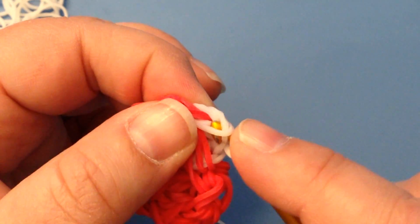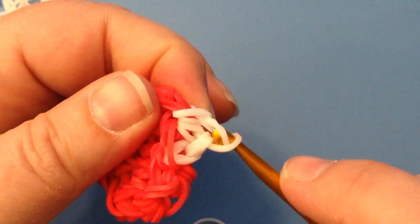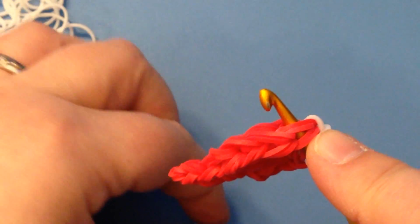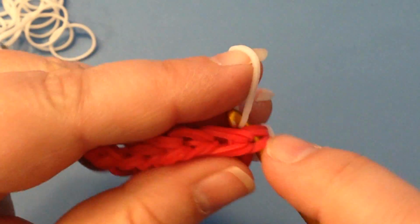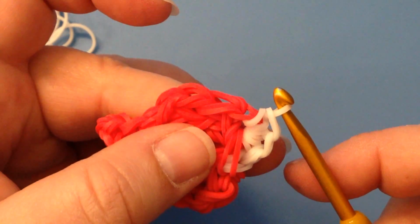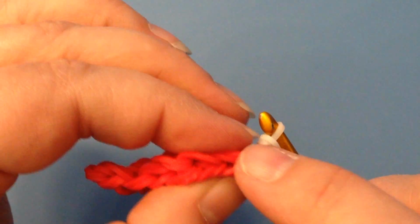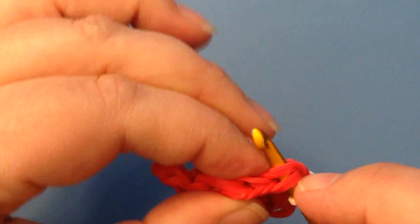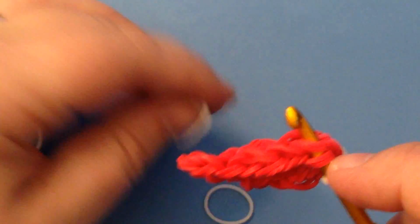and then you're going to pull through and through again, one more time up on that same stitch. So you've got 3 of these little loops in that stitch. Now this second stitch is here, and you're going to go in through the front to that side and the back to that side. We're going to do 2 of those little stitches in here,